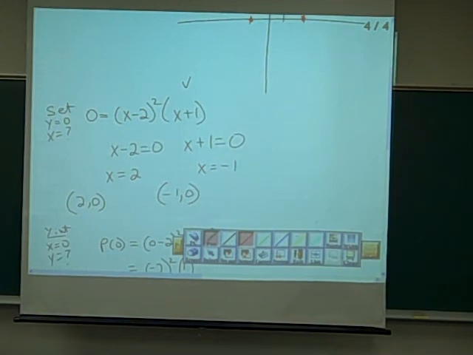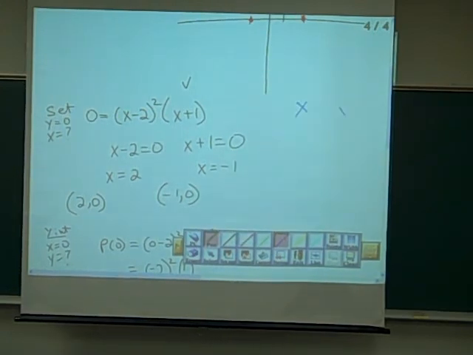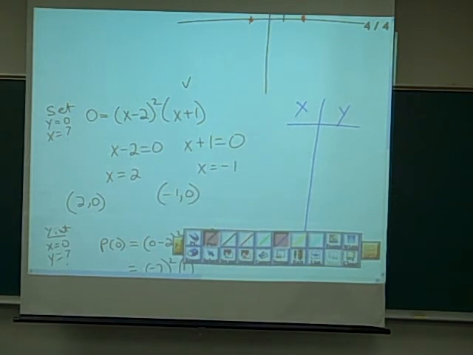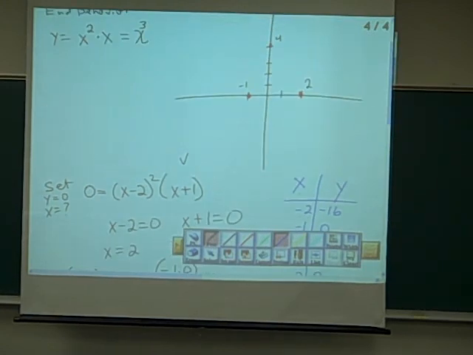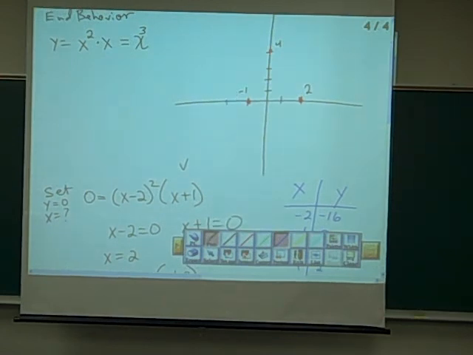Alright, so here's our table of values. And we said we had negative 2, negative 16, negative 1, 0, 0, 4, 1, 2, 2, 0, 3, 4. So here's our negative 2, negative 16. And sure enough, it's going down to the left. Our negative 2, 0. Here's negative 2, negative